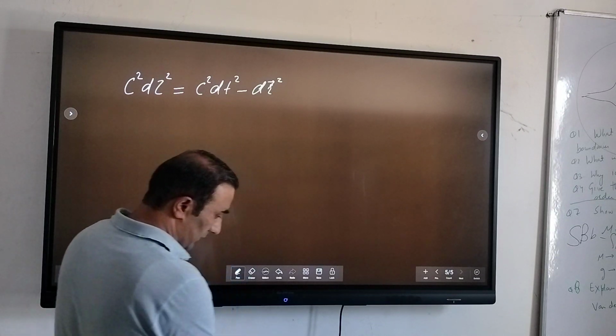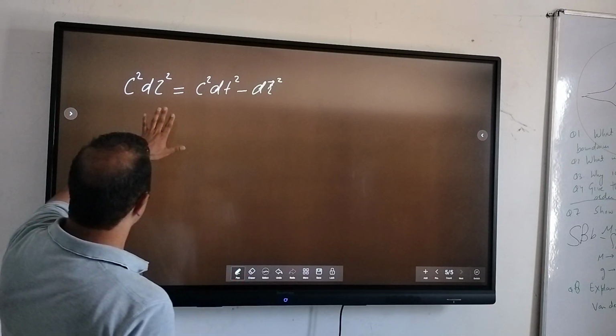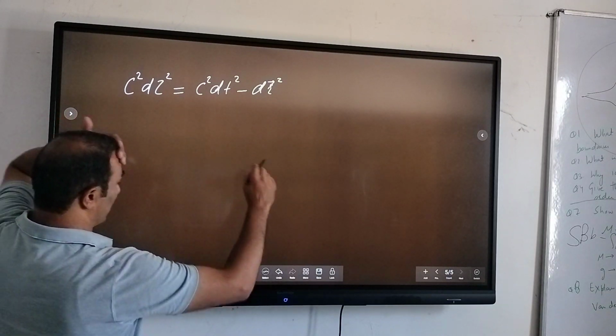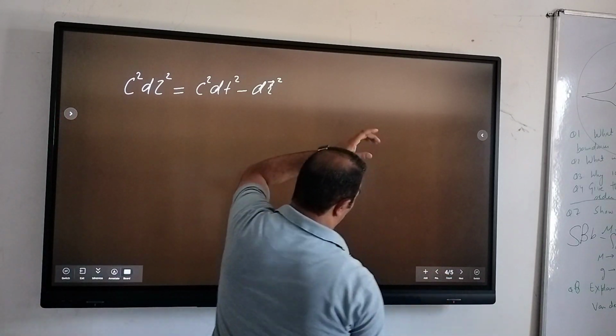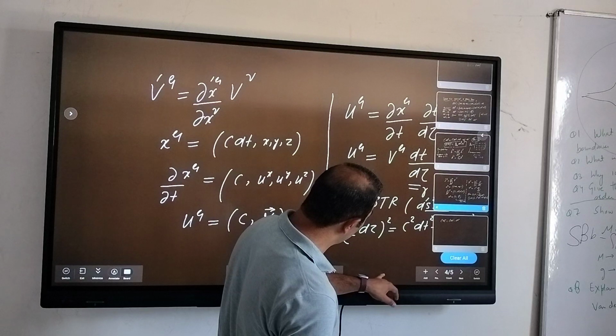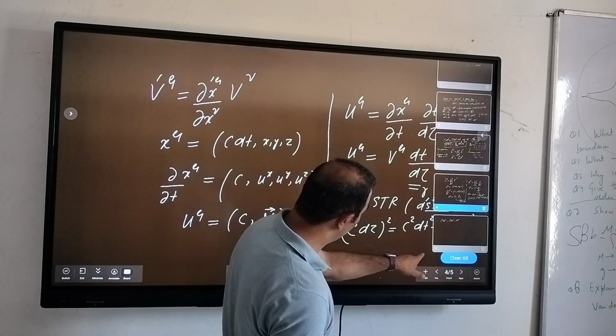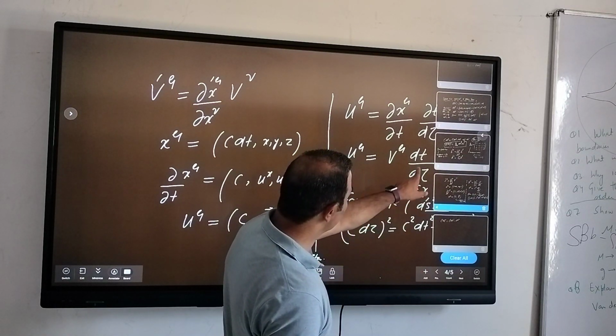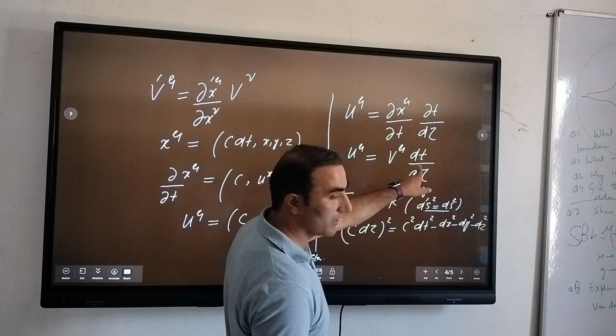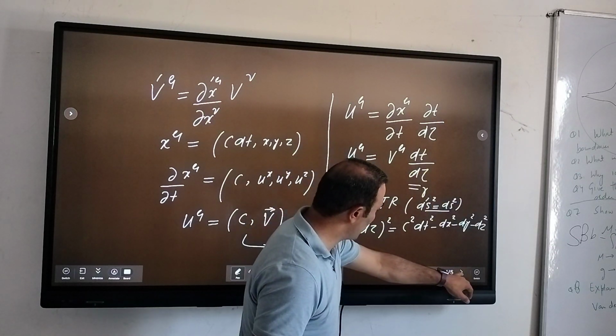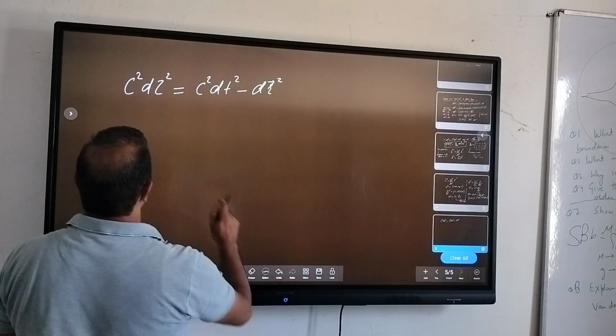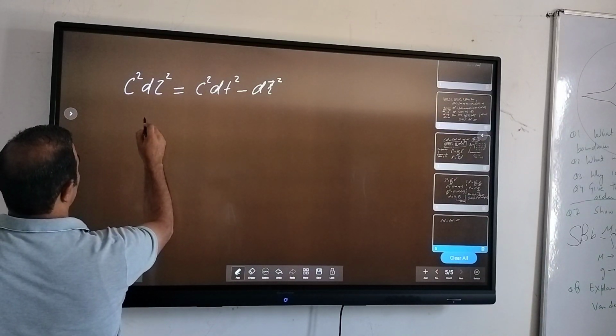Now because we need to calculate, in the previous slide, what we are interested in calculating is this term, which is dt by d tau, right? So we need dt by d tau. So that means I can rewrite this as c square,